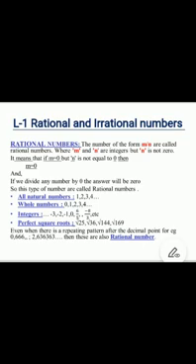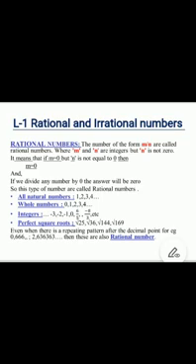So children, what are your natural numbers? Yes, the numbers starting with 1, 2, 3, 4 and going on are your natural numbers. What are your whole numbers? Yes, numbers starting with 0, 1, 2, 3, 4 and going on are your whole numbers. Can you tell me what are integers? Yes, all negative numbers, all positive numbers and 0 are your integers.